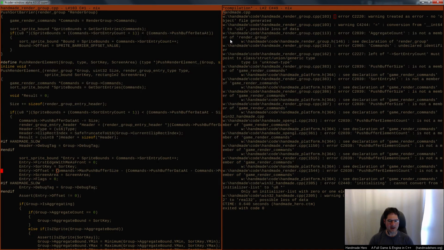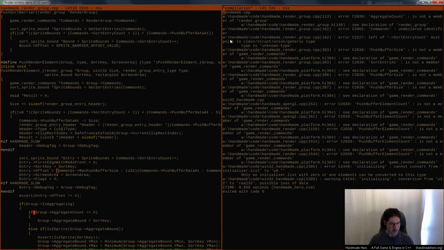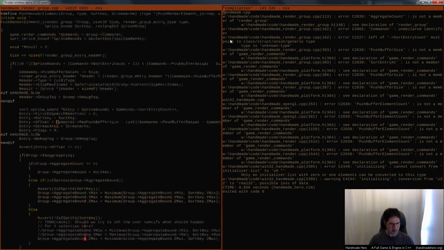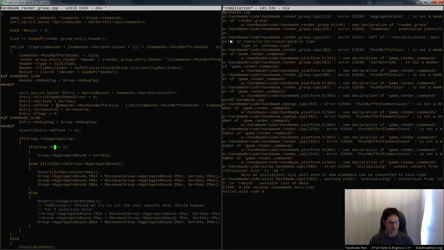And I could just track that value directly. I'm not sure. Really, we're doing some bunch of 64-bit arithmetic here when we really could just be doing 32-bit arithmetic. Doesn't really matter, but it is worth noting. Anyway, so let's see. Commands push buffer size, U32. Group aggregate count equals 0. So in this case, all we really need to know is the first aggregate at,